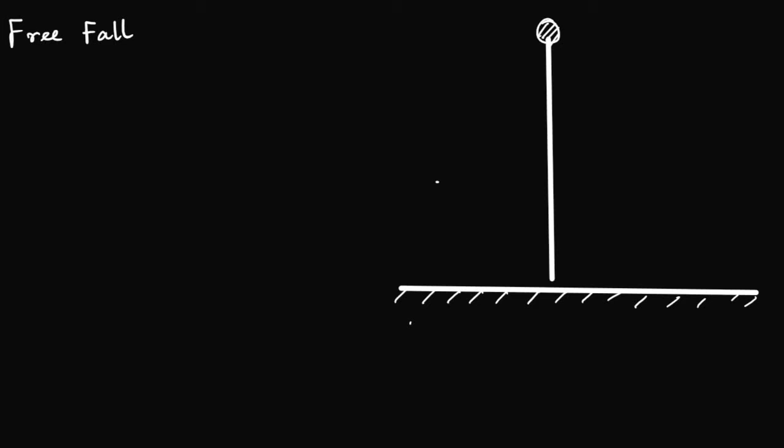As I told you many times, free fall is an example of 1D acceleration, one dimensional, because it is happening in only one direction, from up to down towards earth. So you can see I have drawn earth's surface like this, the dotted ones. The ball is up somewhere. It can be that you are standing on a terrace of a building. It can be 2-storied, 5-storied, doesn't matter.